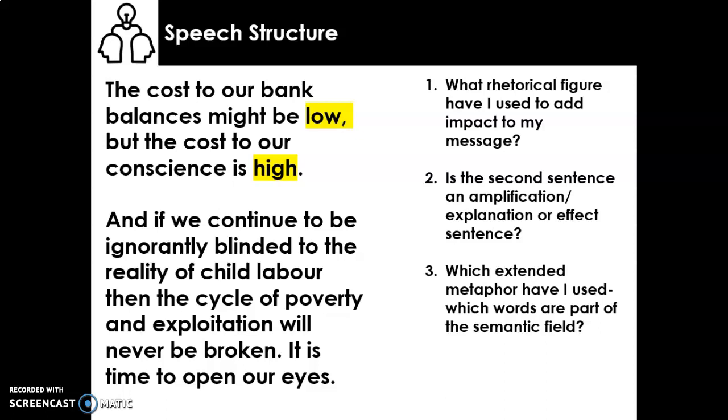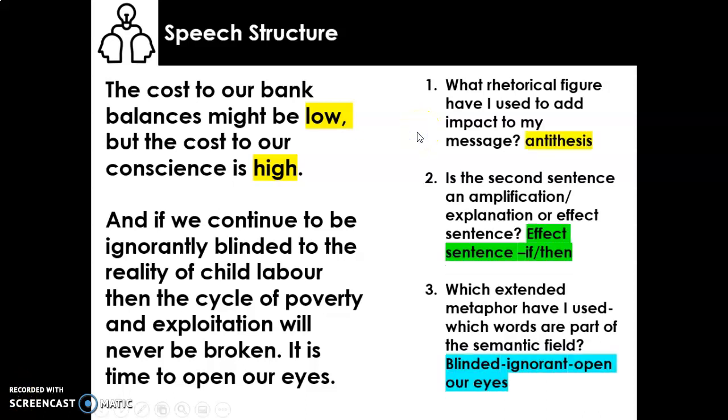We also looked at high style, features of high style being the use of extended metaphors and allusions in our earlier lessons, and we did some brilliant work creating extended metaphors. So I've just said here, which extended metaphor have I used? Can you spot it? So press pause. Give yourself time to answer those 3 questions, but there could be quite short answers, so give yourself time to think through what those answers are. And by magic here, we can look at the answers together.